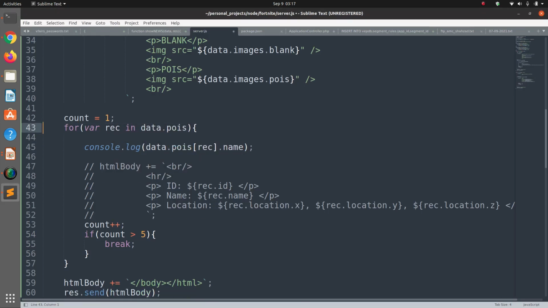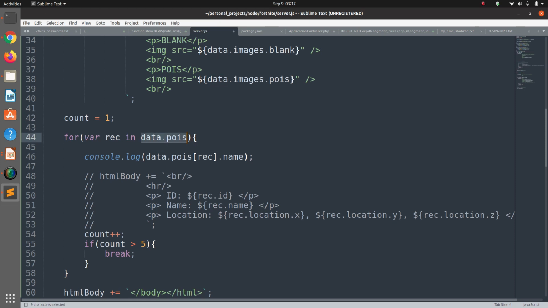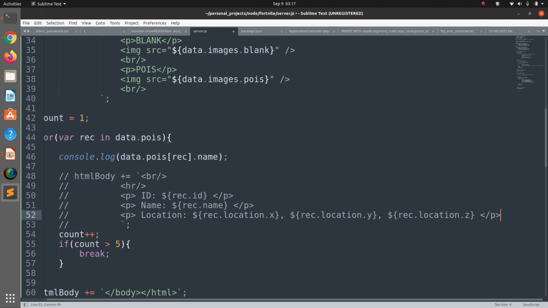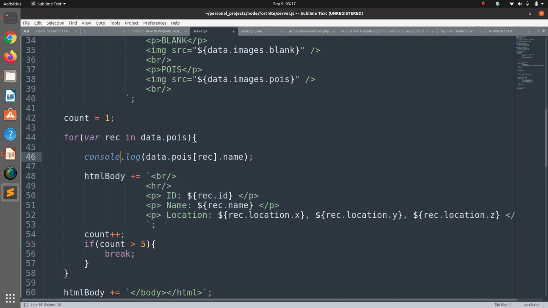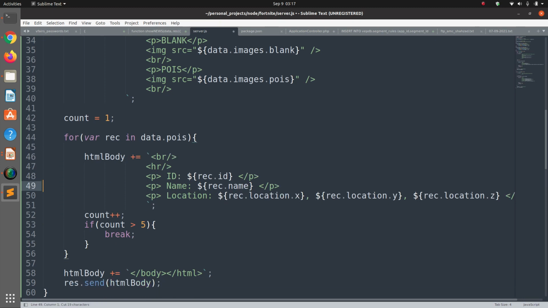So basically what we need to do is iterate through the data, and index this variable record in our program. So here what we are going to do is uncomment this code and change this, just copy this and change it here. So this is ID and this is name and this is